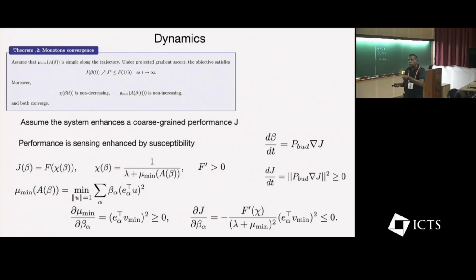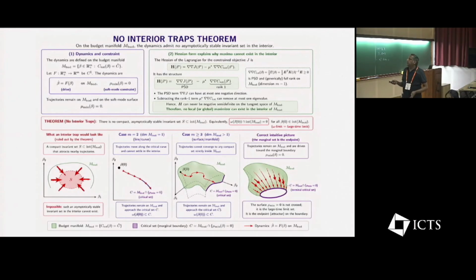So the moment the system wants to increase its response, it reallocates the information in such a way that it starts decreasing the mu min. So it ends up going towards the critical point. Now, it may go to the critical point, but what if there are traps in the critical point? So we can actually show that